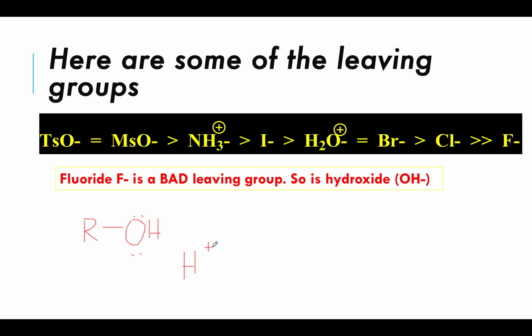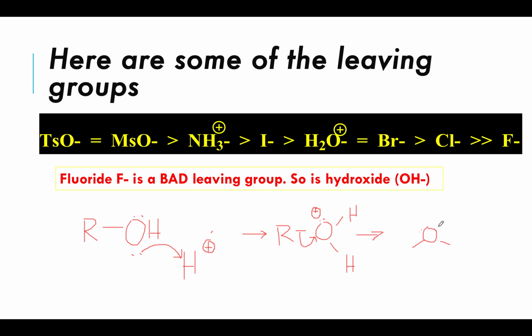So if there's an H plus somewhere there, this will act as a base to grab a proton, and this now becomes a protonated alcohol, RO with two hydrogens and one lone pair. And we all know that an oxygen with one lone pair and three bonds is positively charged. So now this can easily leave,